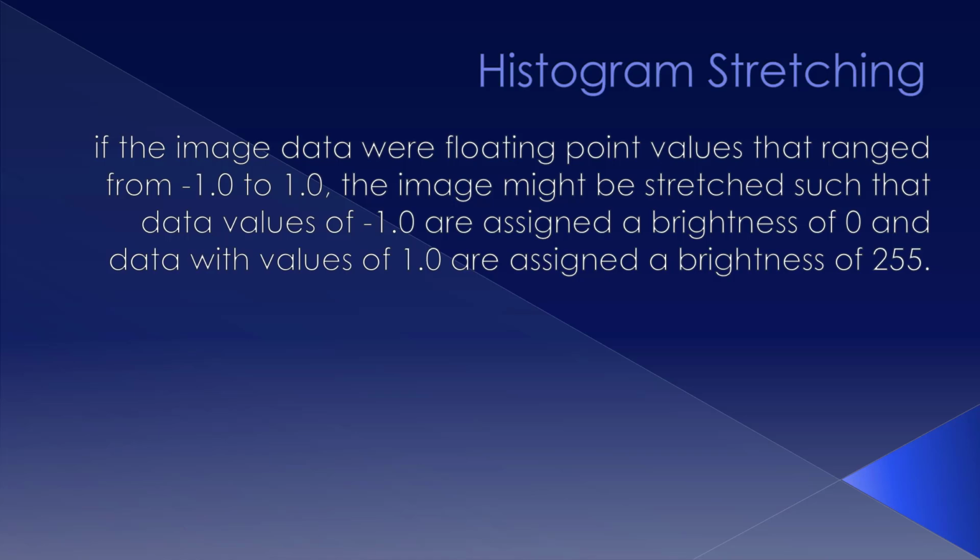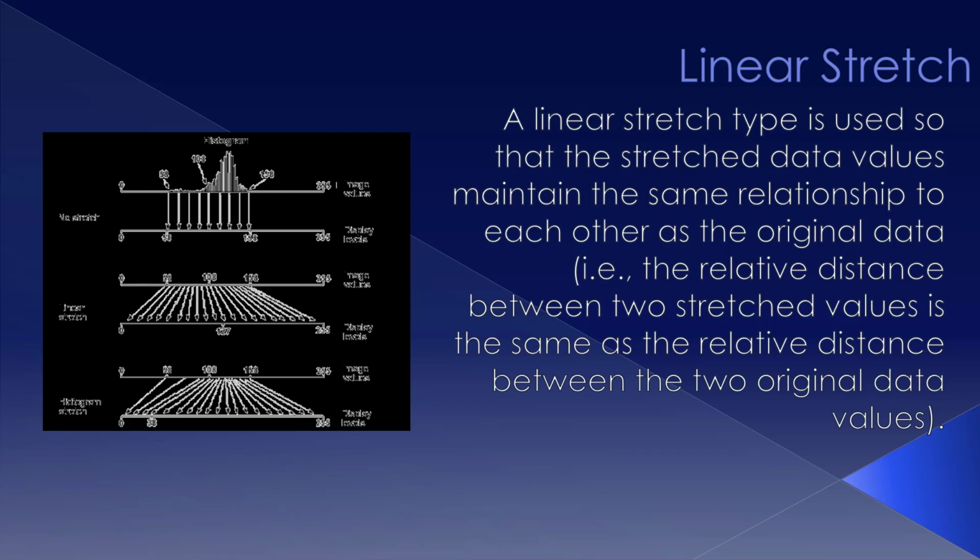If image data were floating point values that ranged from negative 1.0 to positive 1.0, the image might be stretched such that data values of negative 1.0 are assigned a brightness value of 0, and data with positive values of 1.0 are assigned a brightness value of 255, with a range in between. A linear stretch is used so that data values maintain the same relationship to each other as the original data. So in other words, the relative distance between two stretched values is the same as the relative distance between the